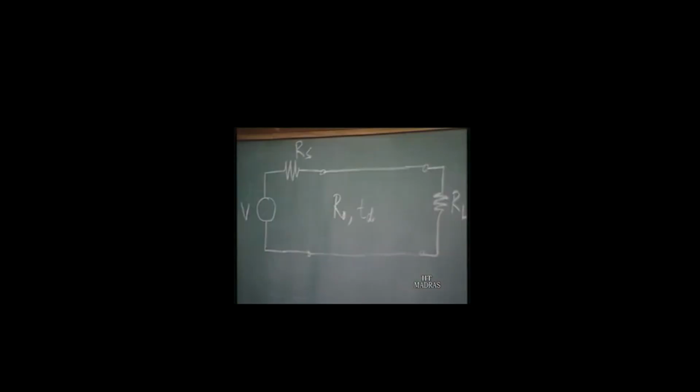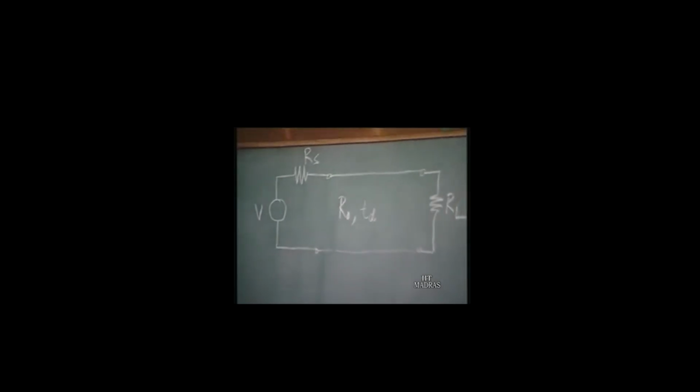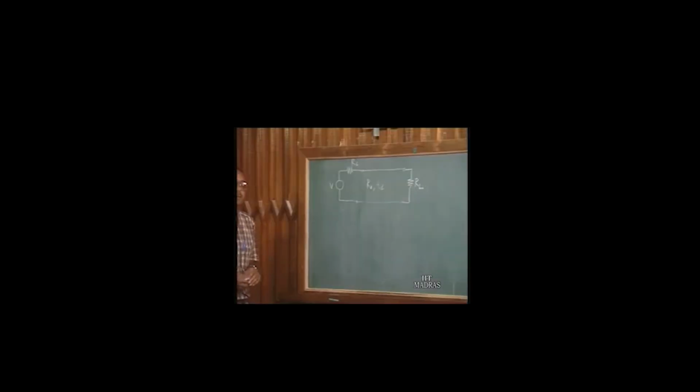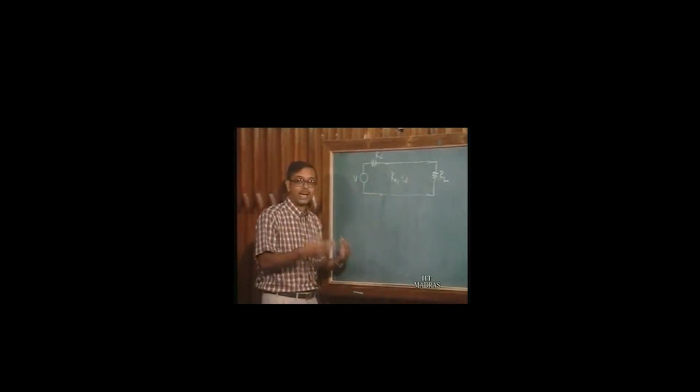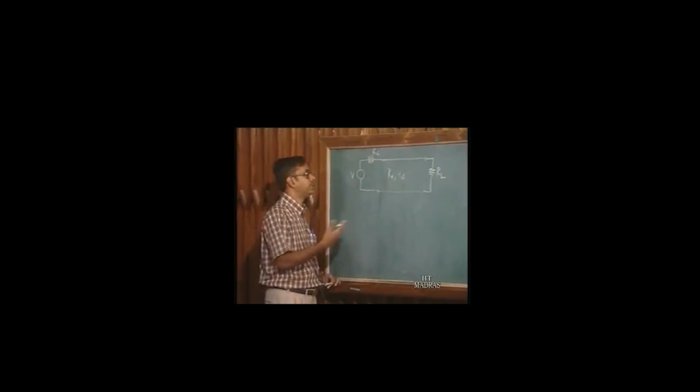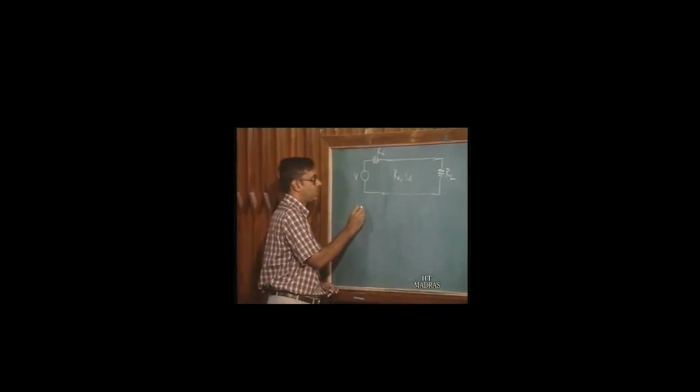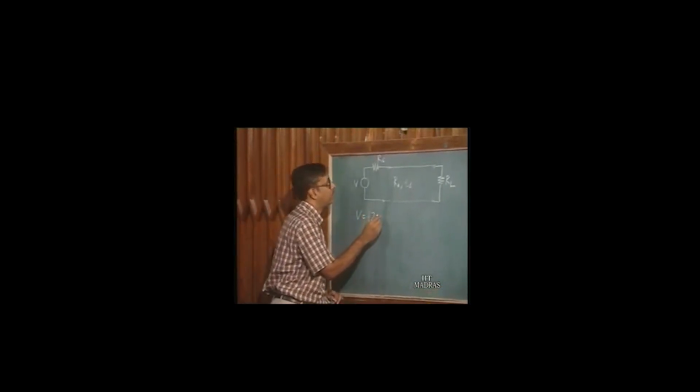Let us take some values for all these quantities here on the board, and try to see how to analyze the nature of the waveform. Suppose V is a DC voltage, 12 volts,